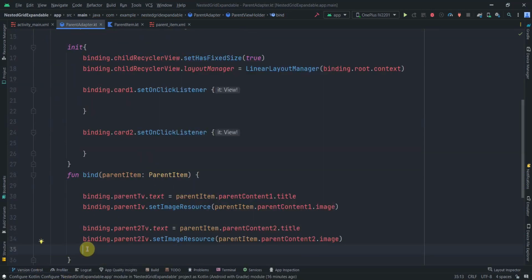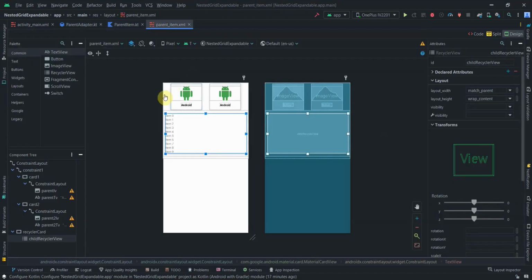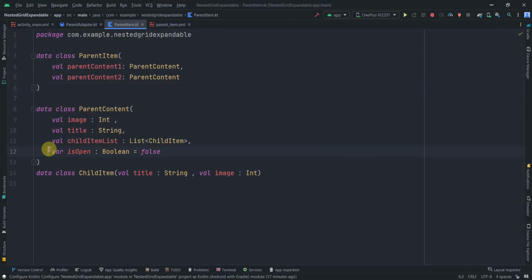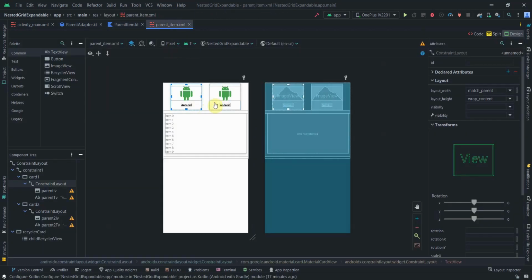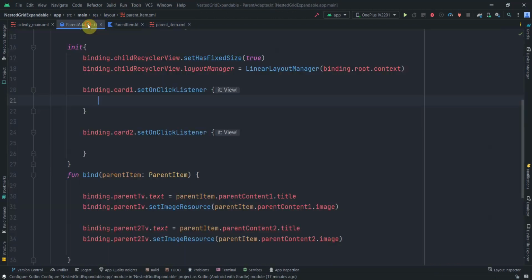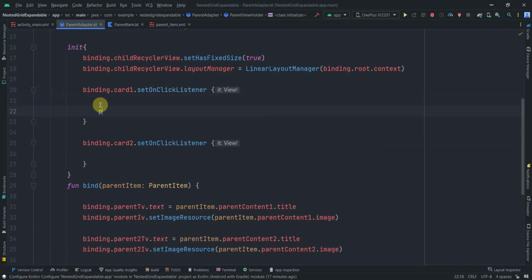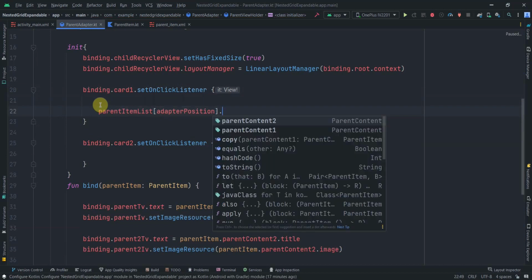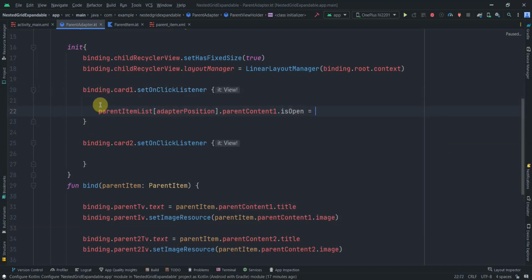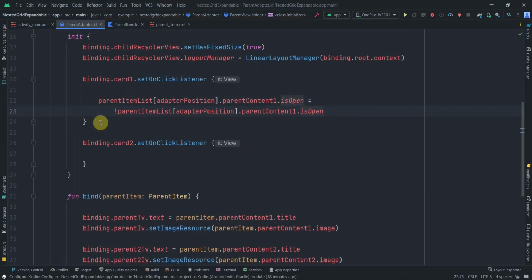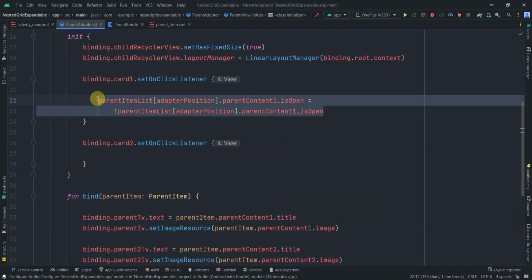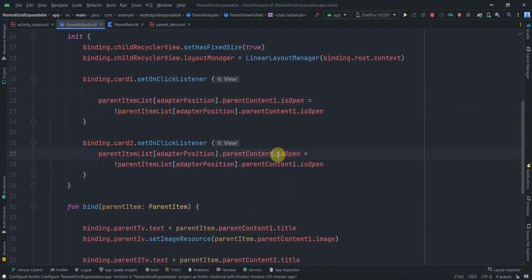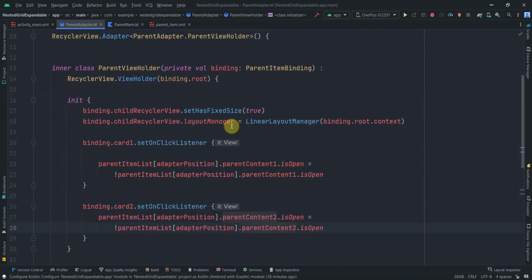Now the logic of expanding the views. First of all, when you click on the card 1, when you click on this card item 1, will make this is open true, and if you click on this will make it's is open true and this one is false. All right, so for that over here what I'll do, so the logic is parent item list, and we can pass the adapter position over here dot parent content 1 dot is open, will make this not equals to parent item list of adapter position parent content 1 is open. Okay, so whatever the state of this is open was, we'll just reverse it and copy this, and I'll paste it over here. This time it will be 2 and this will be 2 as well,